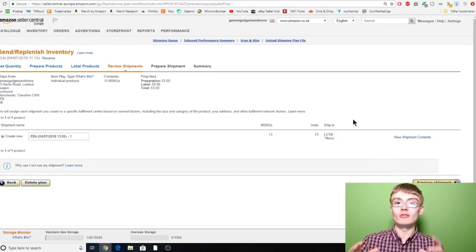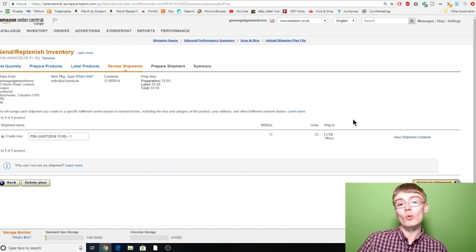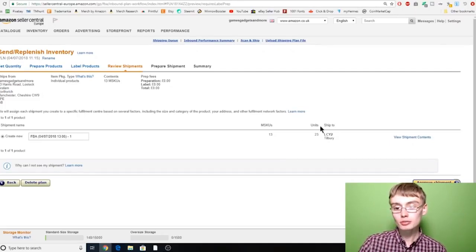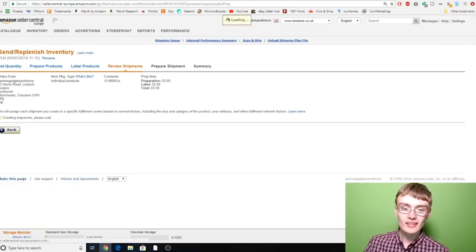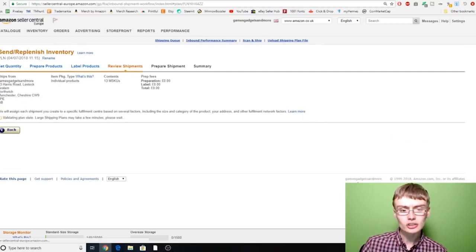The reason they do this is generally just because they like to separate the inventory, so they'll maybe have one warehouse with more oversized items in and another warehouse with more normal sized items or smaller items in. So yeah, I'm going to approve that, so all my items are going to the same shipping centre, so that's good. So you just want to click approve shipment, and this might take a minute and it'll just validate the